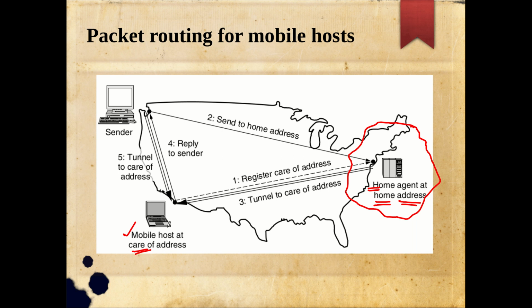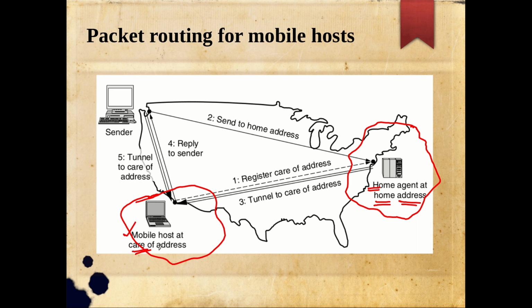Whenever it moves to a different network, the device is supposed to get a network address from that new network. How this network address will be obtained is a different topic. The network address, that is the IPv4 address, and its handling we will discuss soon in our subsequent modules. For the time being, there is some way of getting the network address. So whenever the device moves to a different location, it will try to get a network address from an agency providing it, and that is what we call the care of address. So the care of address is the new address obtained for the device when it has moved to a different location.